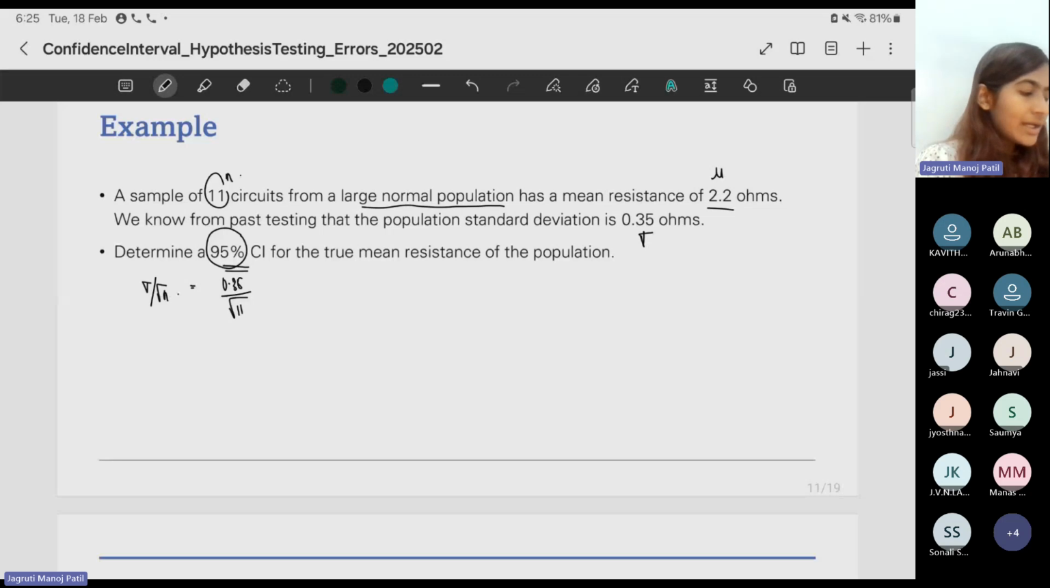Okay. So for a 95% confidence interval, if I have to look for the true mean resistance value, what value would I be looking at? It would be the value at 5%, equally split into two tails. That's like 0.025, or you can also look at 0.05. Okay. So for this particular value,